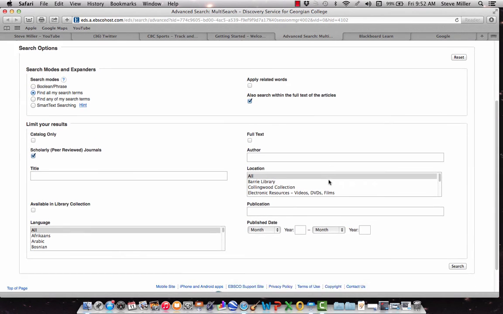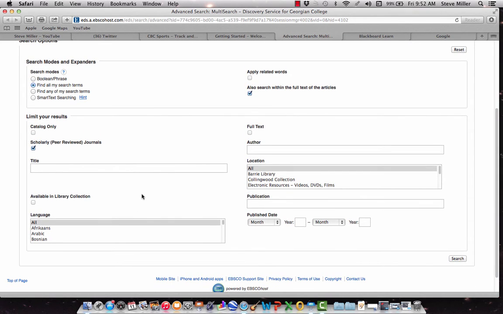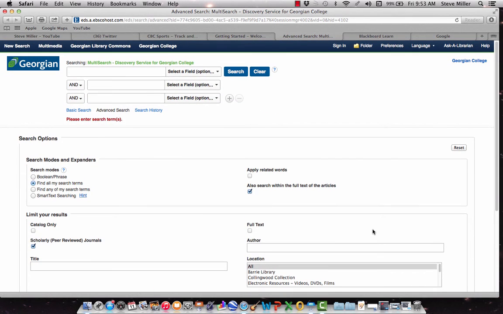You can narrow the searches down further by language, by the location of it, or by the date. Now, in some cases, you're going to be doing research where you've been asked to use materials from no later than 2010. Then you can put in the year and the month to say, this range is what I want you to do the search for. Now, possibly, and I'm going to go back